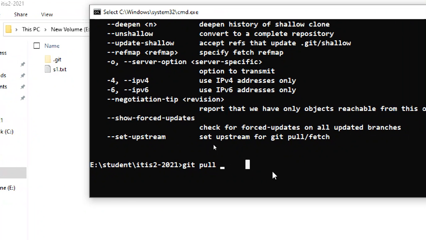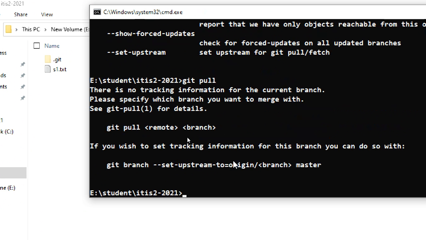Okay. So now it is a git pull. Again, I'm trying because it will throw an error. So using errors, we can solve it. We'll get an error. That's why I'm telling this one.